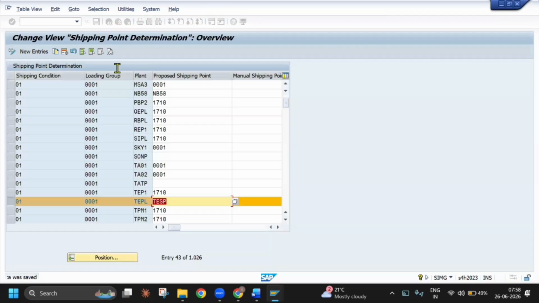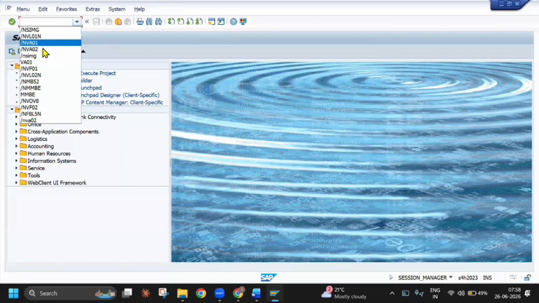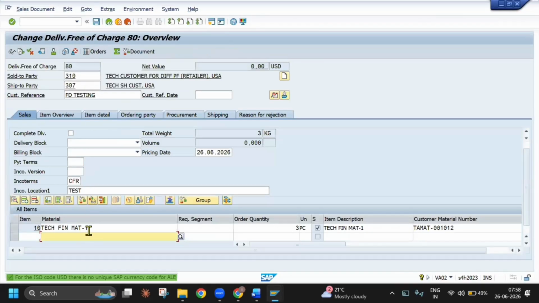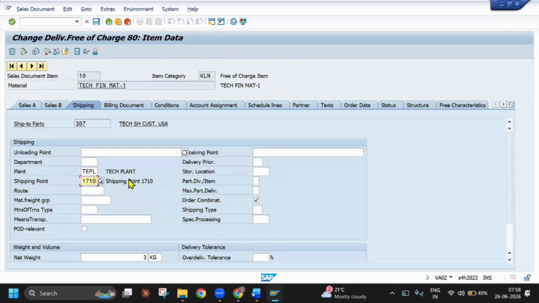See, somebody has changed the configuration. I'll open the new screen. Now I will create. So, or else you can go to the existing only. See, the first I have created this now. You can go here and go to shipping. See here, I will change this to TESP. Enter. See, now it is accepting. Okay. So this is how you can identify the